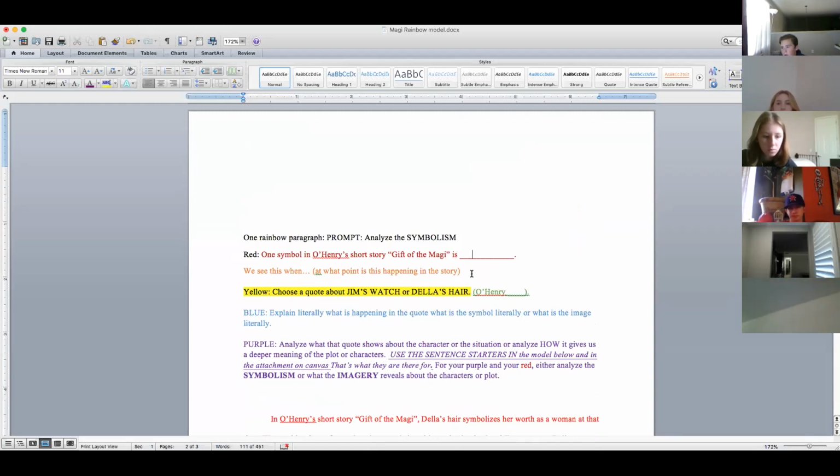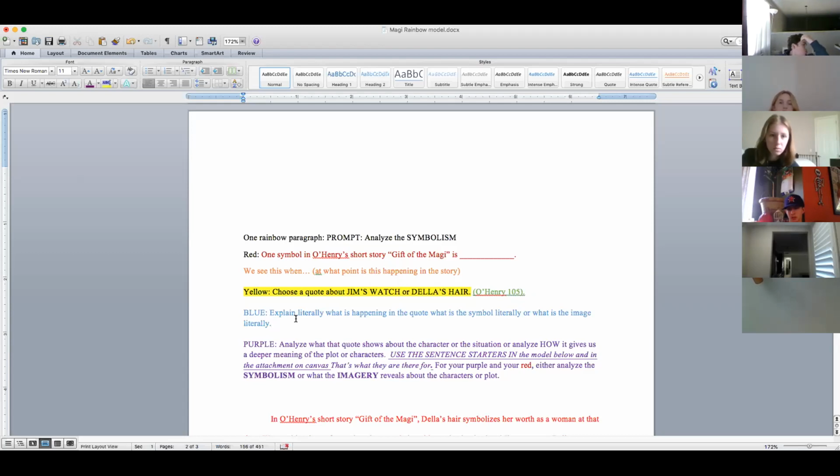You got to give me some details so I know what's happening. Yellow is going to be that quote that we discussed that you did in your chart. It will be 2 quotes joined with ellipses and brackets. Your green will reference that you took 2 quotes from 2 different places. So maybe it's 105, 106, or maybe your quotes were all on the same page, so you don't have to do that. Your blue is going to stay in the literal.